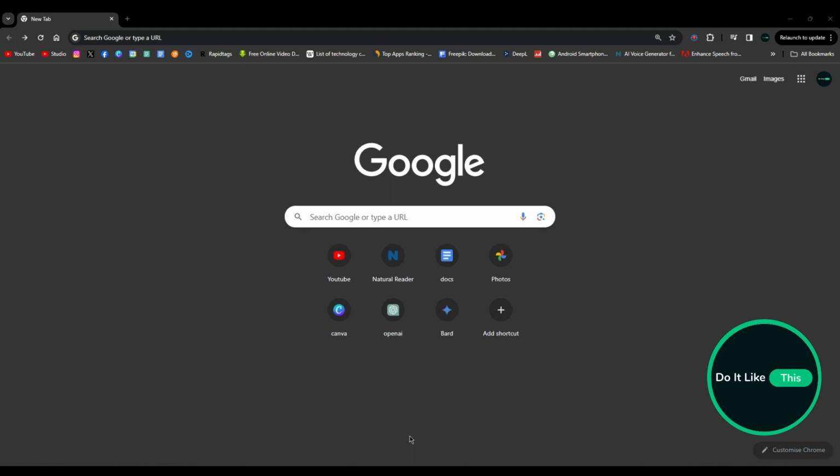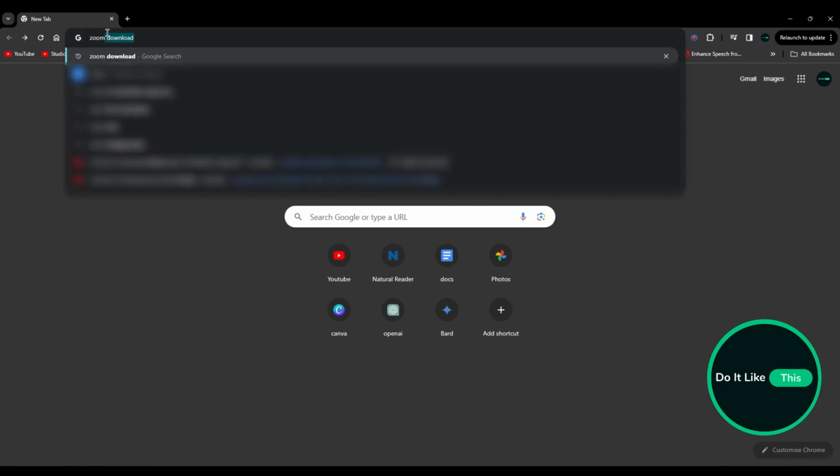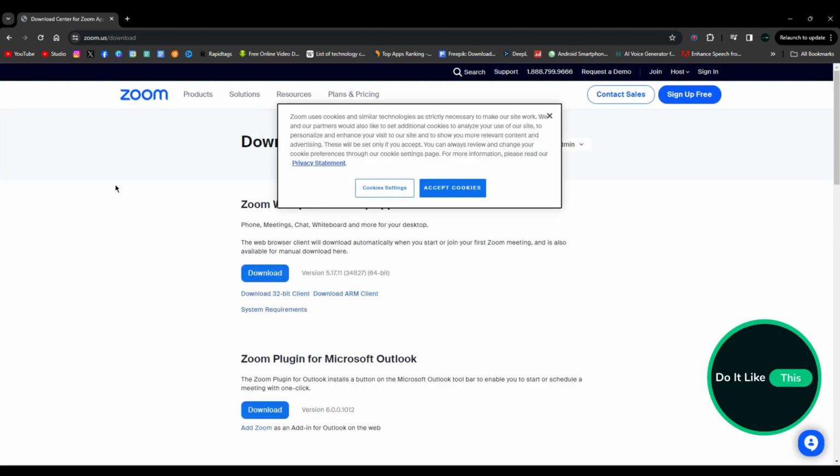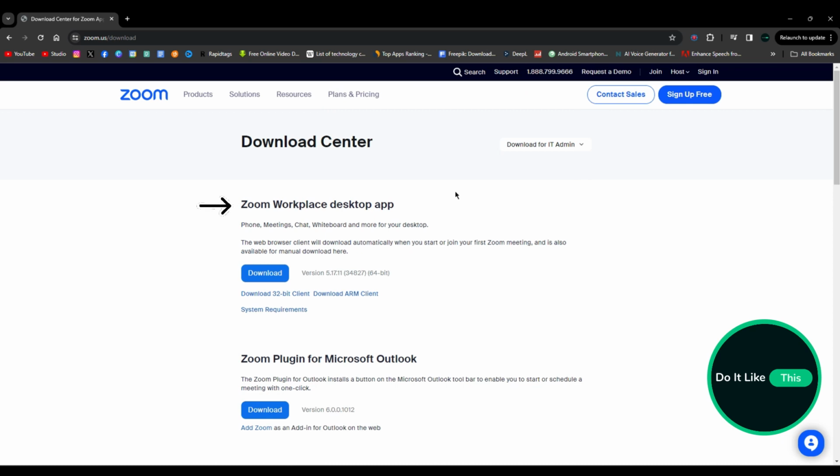Let's get started. Open your browser on your PC, and in the search section, type Zoom Download. When the new page opens, click on the Download Center for Zoom apps and plugins. Then, on the new page, you will accept all cookie requests, and then go to the Zoom Workplace desktop app